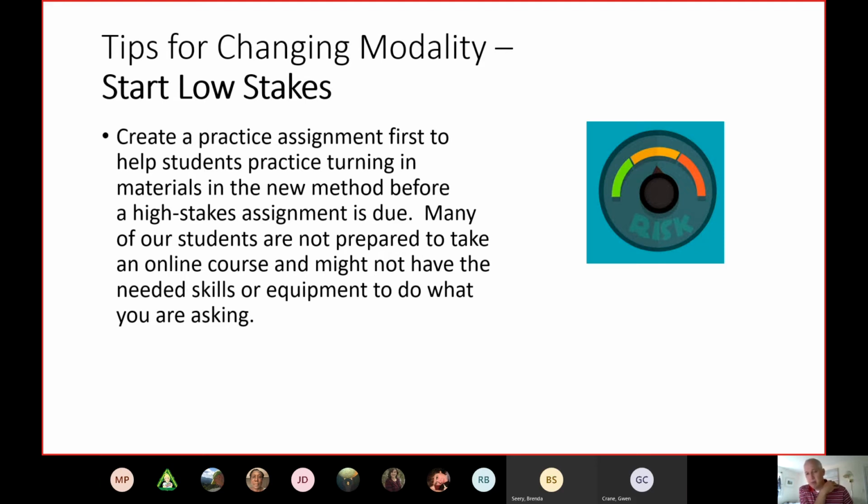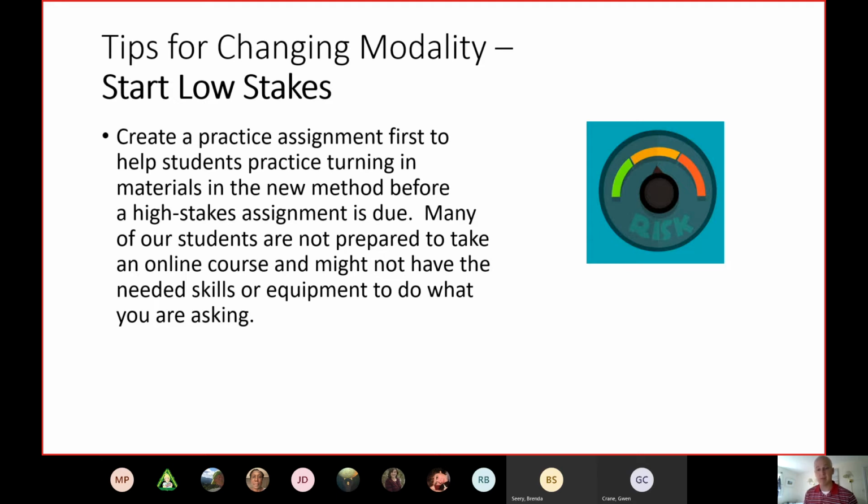So with my class, I don't give them directions on how to do this, but they have to figure out how to scan in the images. They have to figure out how to upload it into Blackboard. If they don't do it, then I can say, okay, let's figure out what's going on with you, or I can figure out a different way to do it if they don't have a camera on their phone and can't scan it in. So it gives you the opportunity to figure out an alternative if you need to,